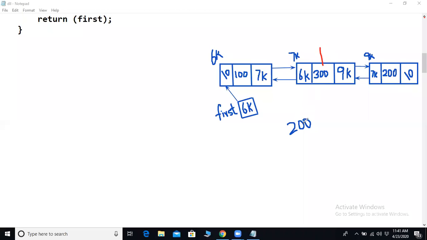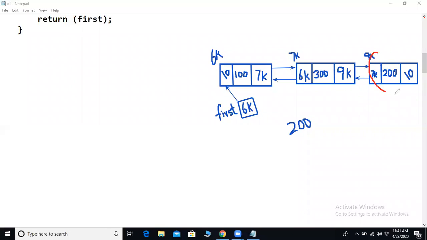Again it will not match, so you have to update and go to the next node. Take the right link of that 7K. You know the right link always stores the address of the next node. Once you are at the 9K, take the roll number field of that 9K and compare it with the item. It will match. So this needs to be deleted.